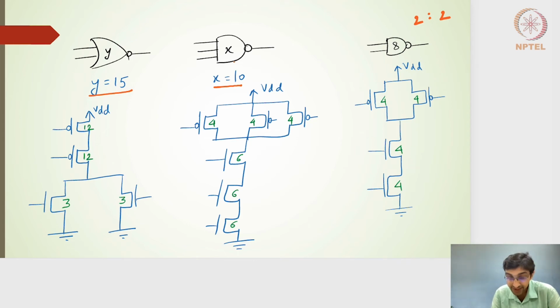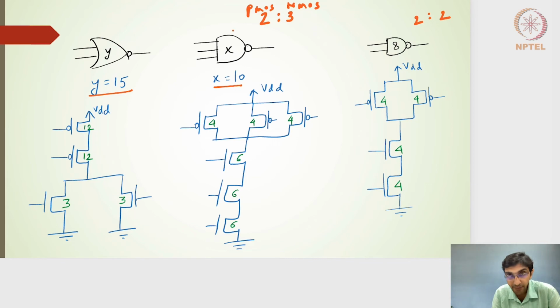For a 3-input NAND gate, the X value turns out to be 10. And remember, for a 3-input NAND gate, we have the size ratio of 2:3. On the PMOS side, we have the size of 2, and on the NMOS side, we have the size of 3. Right? So what we will do is, whatever X value we have achieved, we